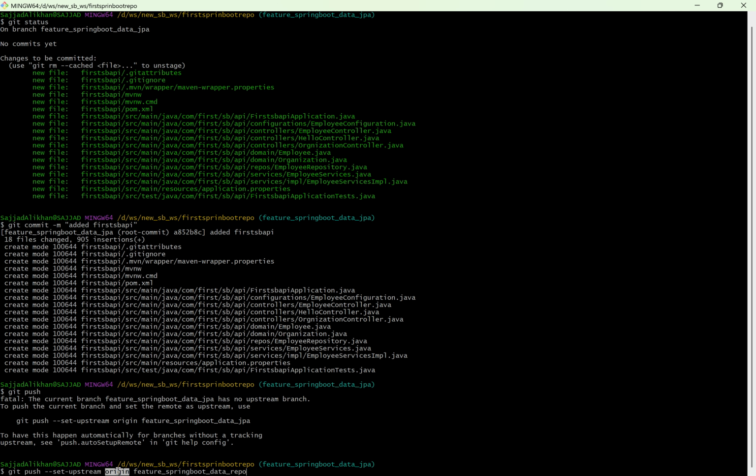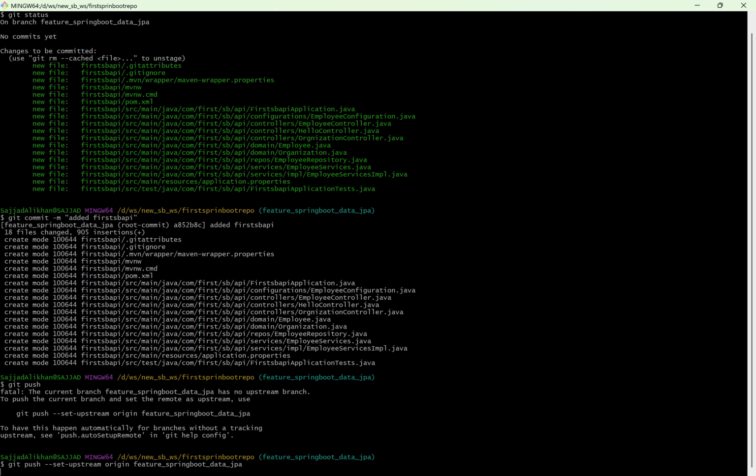So now we have to provide the origin. We have to set the upstream, like where you want to do it. I want to do it to the feature Spring Boot data JPA. Sorry, data JPA, it is not repo. Data JPA branch. Okay, fine. Let's enter. So now it will set the changes to the upstream branch now. So it is taking time to